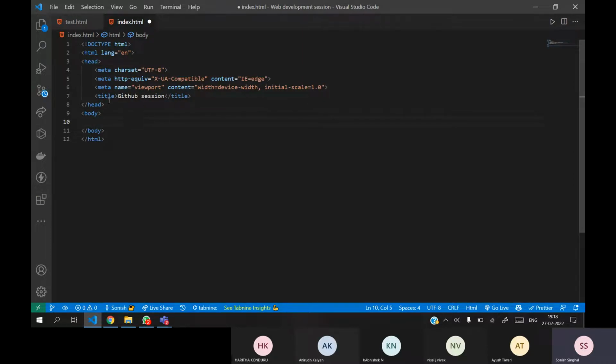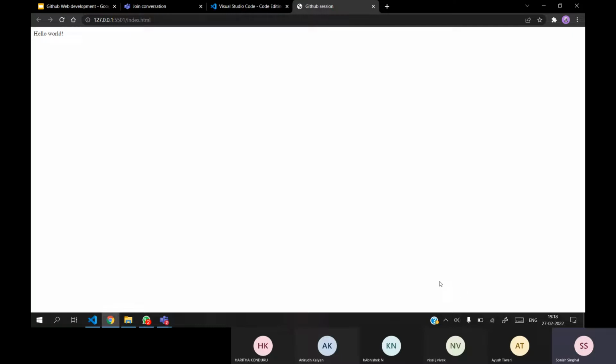In this, we will write the title of the website. In the title of the website, we are writing something like "Hello World." Directly we will click here. After installing Live Server, there will be the option of Go Live here. On clicking that, you will be able to see the data.